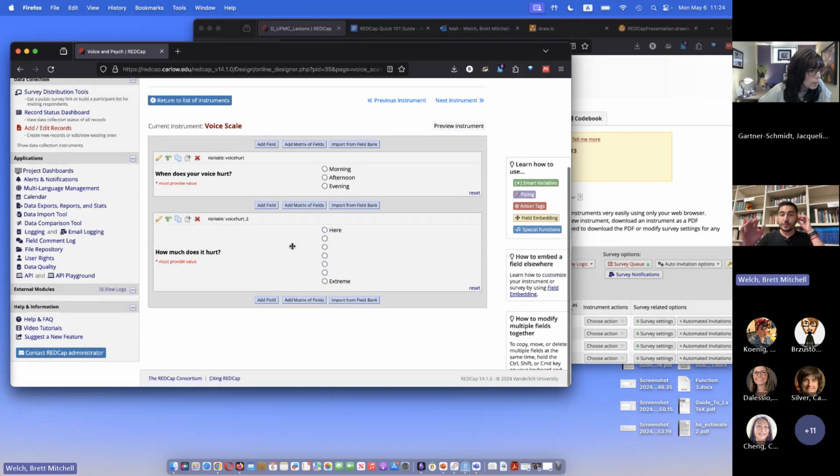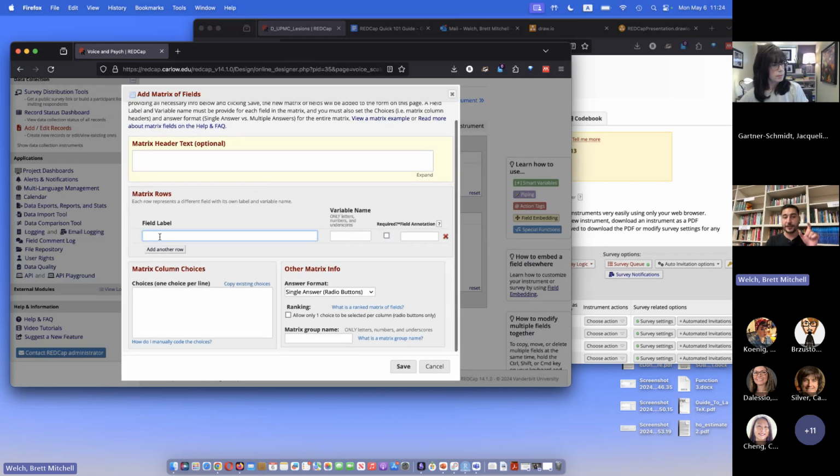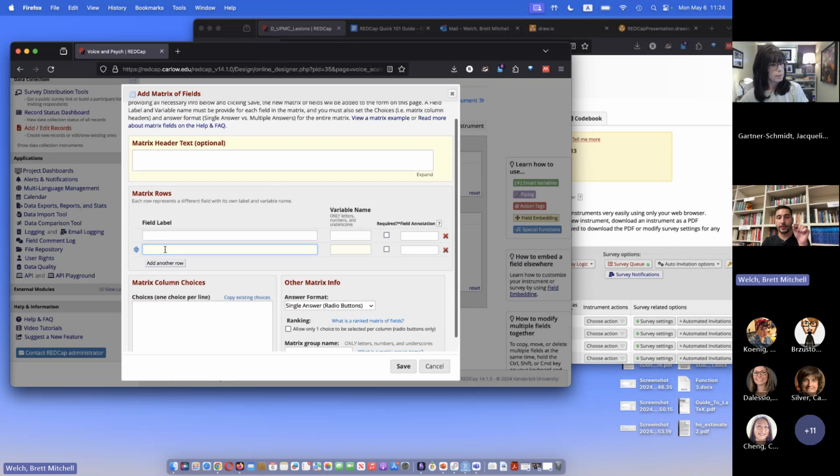The other option, you would make each item across different measures, or for each item within the scale. Or if it's a background or demographic question, you could have it all there. If you have a scale where all of the responses are the same, like for the VHI-10, I could add a matrix of fields, which means each item is going to be a row here, but I know all of the options are